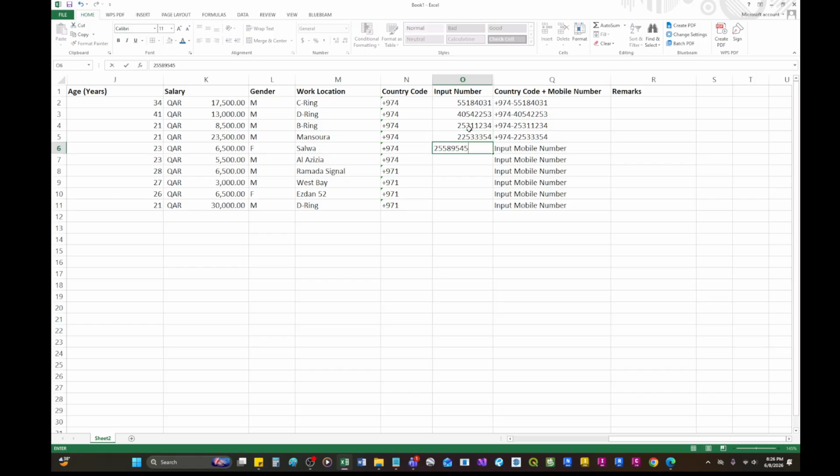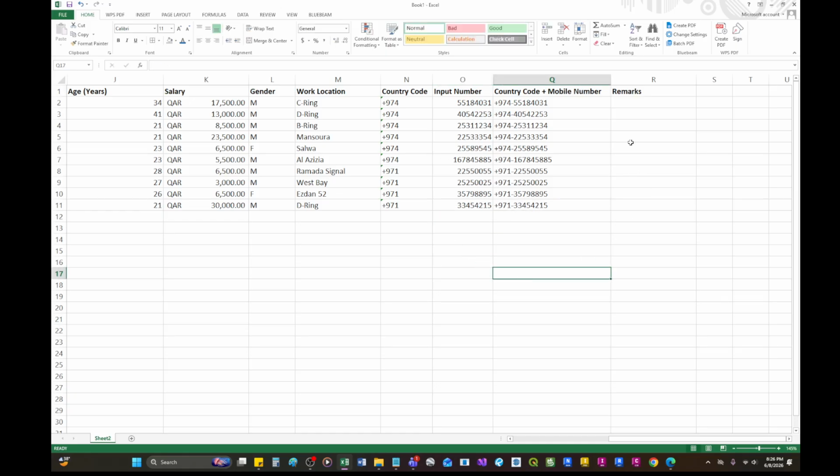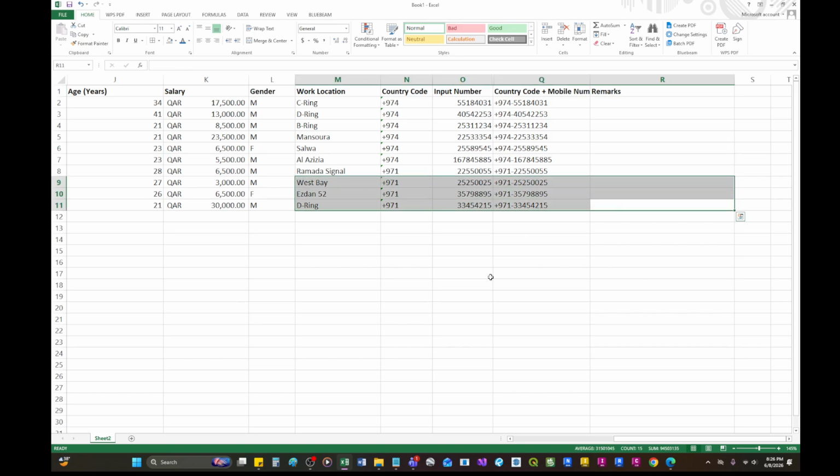Calculate. Okay, so it will be like that. And then remarks for anything that you would like to put. This will be random, anything that you would like to put here.